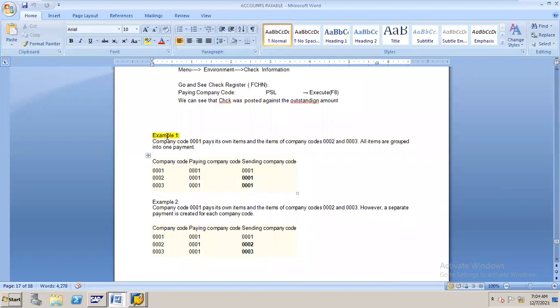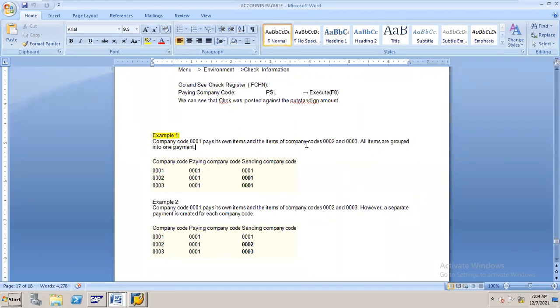Suppose, for example, one company code is there. Company code 1 is paying its own invoices, and it is also paying the second and third company code invoices. Listen carefully to what I'm telling. Company code 1 is paying its own invoices as well as the invoices of the second and third company code.